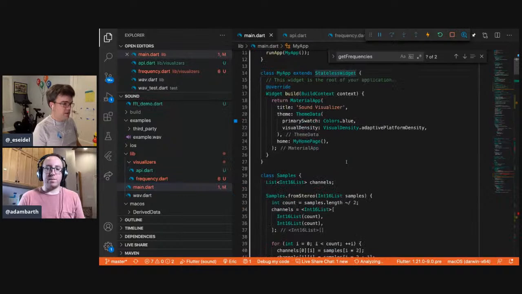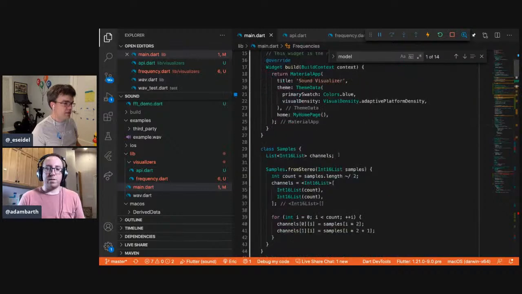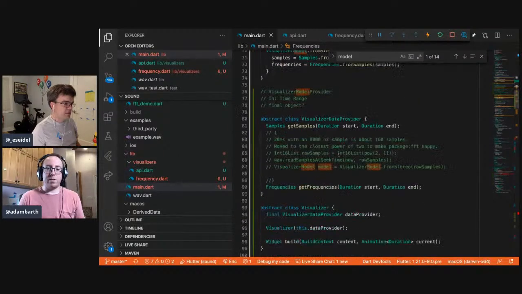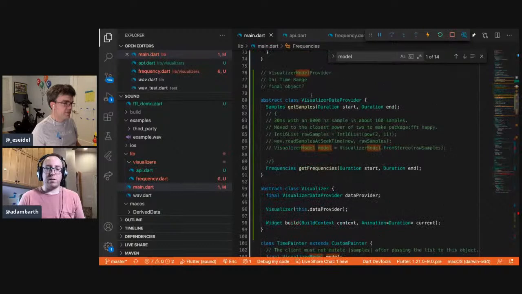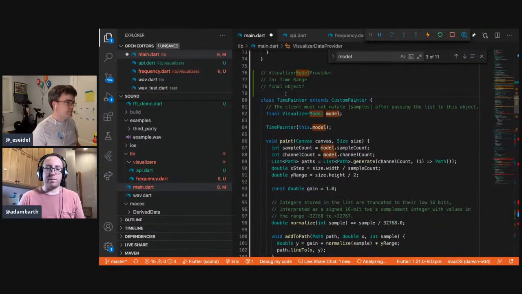Okay, and this is then model. That's not it, that's the old API that we will eventually get to deleting. So the data provider and the visualizer, I think those are the two main classes you need. There's going to be a few more. This can get deleted.